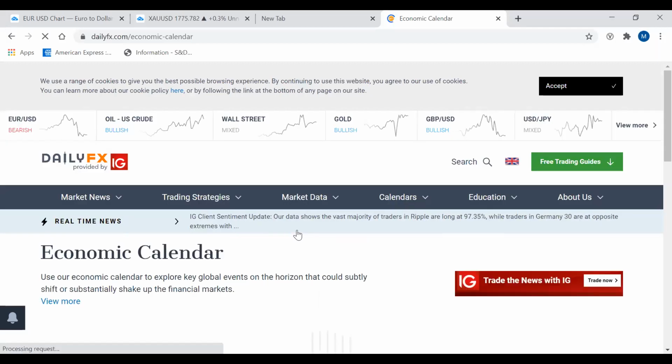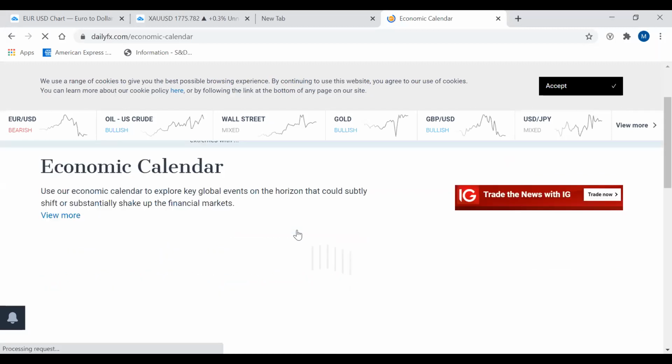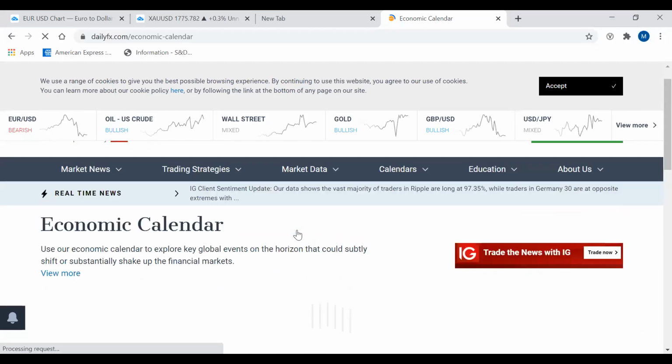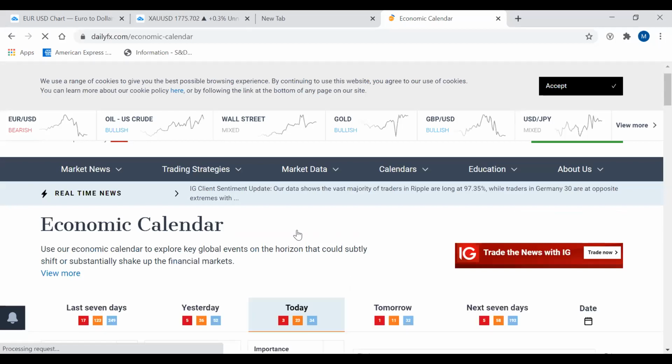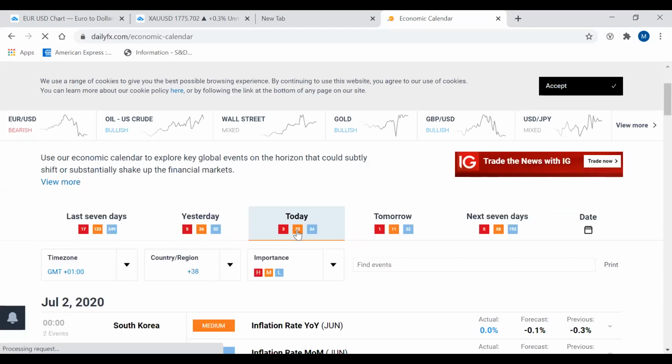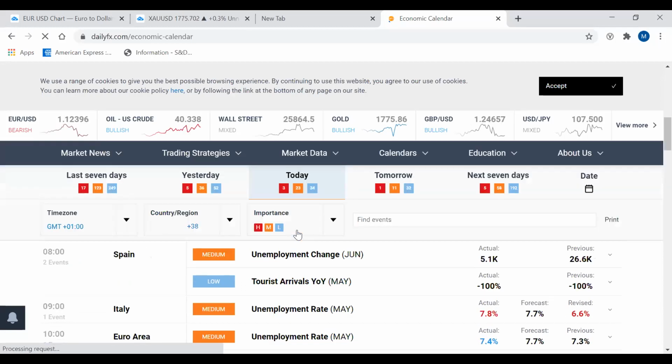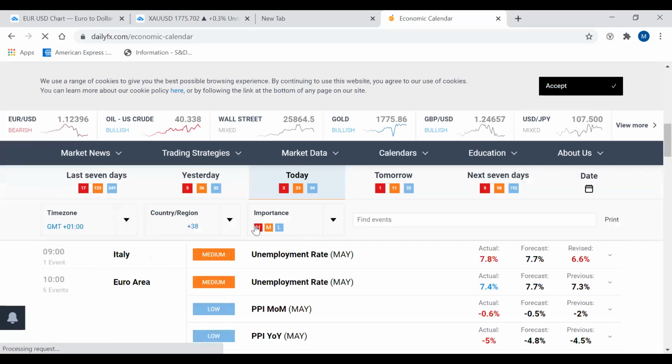When you go into the economic calendar, if it decides to load, it shows you upcoming news, and it also categorizes the news to tell you whether it's going to have a high impact, medium impact, or low impact. So, for example, if I wanted to just see high impact news, and I selected the high one,